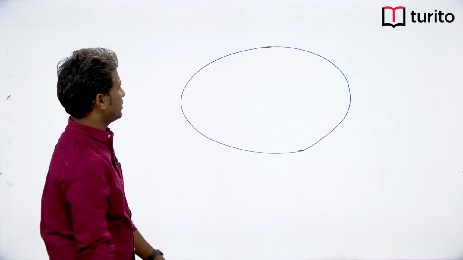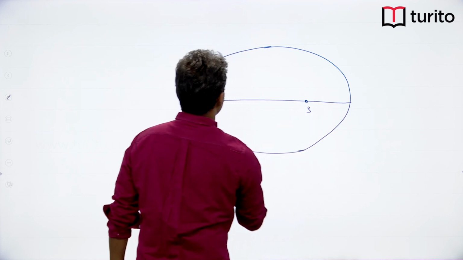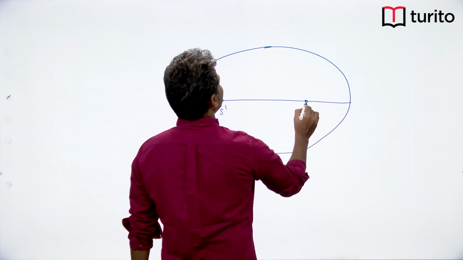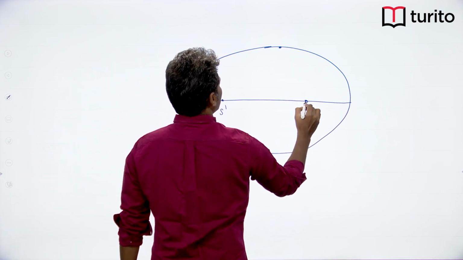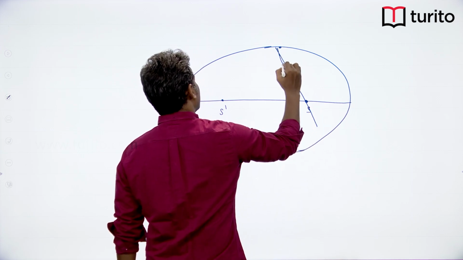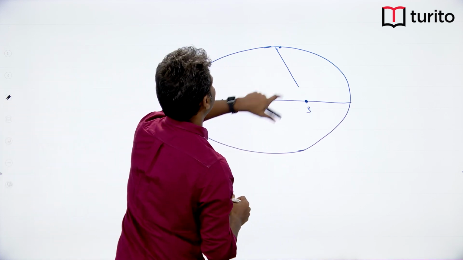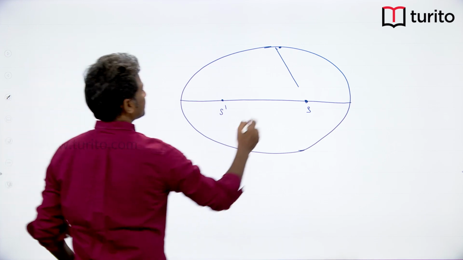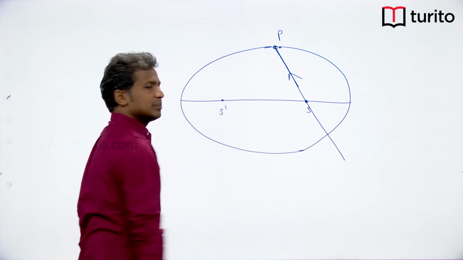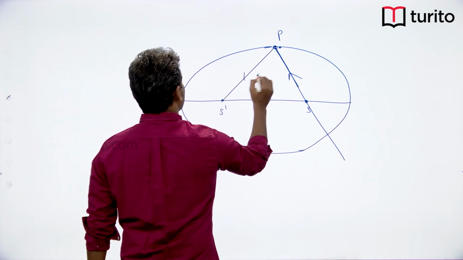and there is this major axis. We have one focus here which is S, and another focus here which is S dash. Now, let us take any ray passing through S as one light ray. This is one light ray which is passing through S and getting reflected on the curve. If I take this point as P, this reflected ray must be passing through S dash,